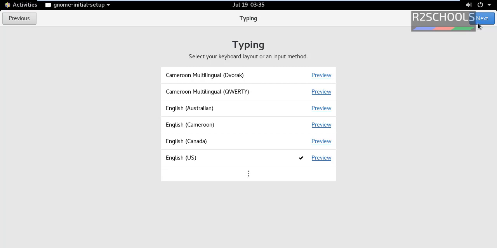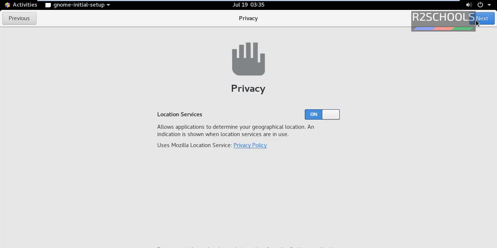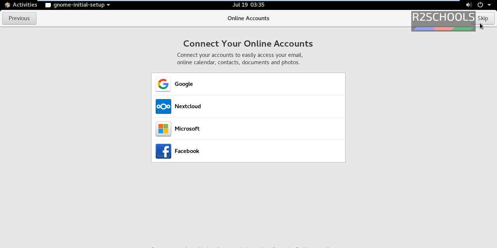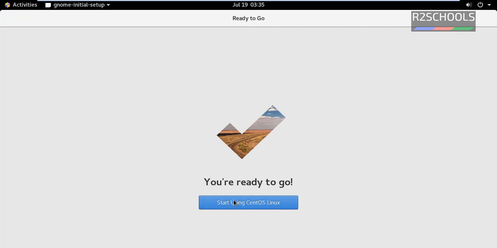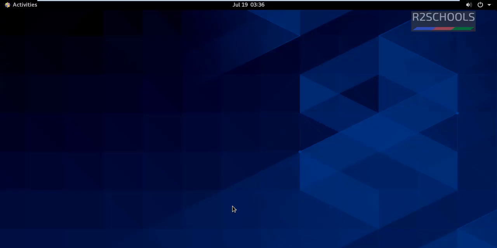Keep the default keyboard layout and click on next. Click on next. Skip this one, or if you want to connect to any of these accounts, select one and provide the credentials. Then skip. Everything is okay. Now click on start using CentOS Linux.